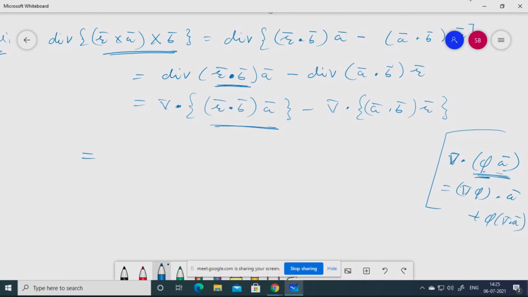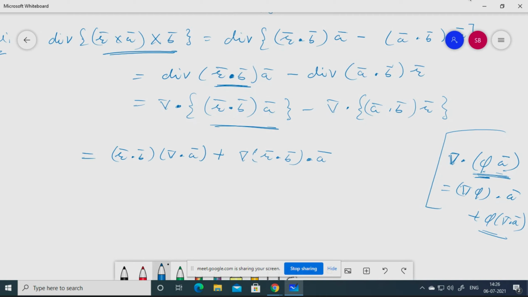So that result I will apply here. So phi as it is, phi means R bar dot B bar as it is, del dot A bar, first part, plus then I have del phi. Del phi means del of R bar dot B bar, dot product with A bar. Got it? Understood this part, all of you? Is it clear?